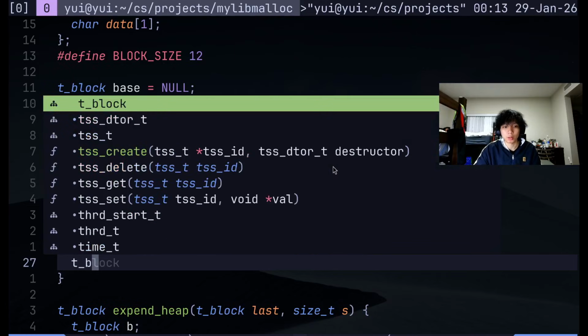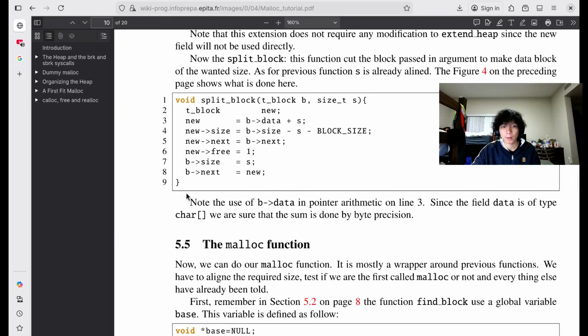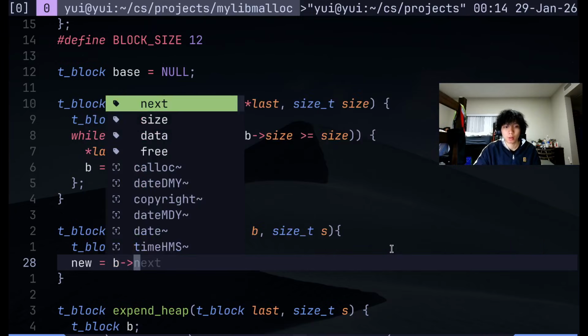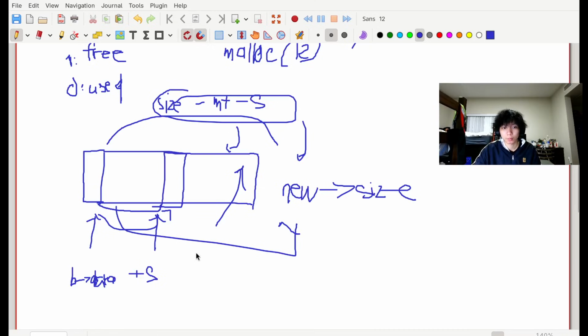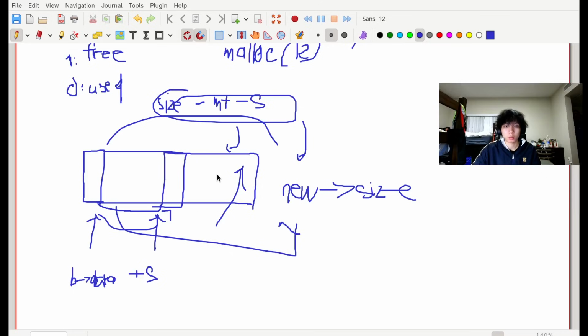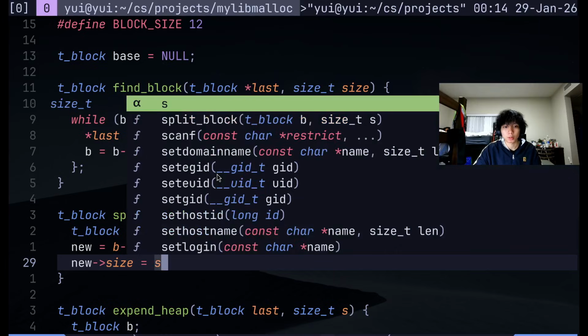Now let's create a new block, new, and the new metadata is going to be b data plus s. The new size is going to equal to